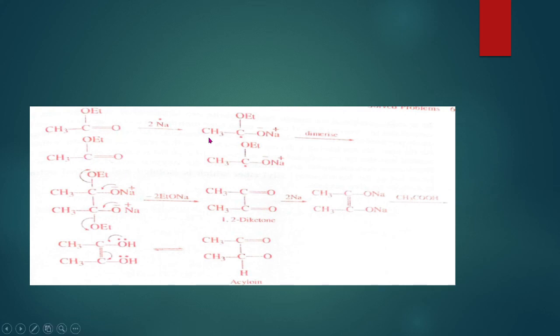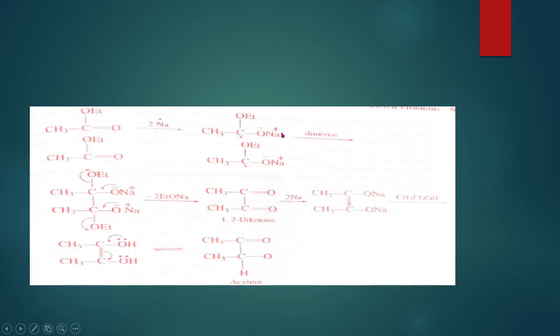In the presence of metallic sodium, the electron will be easily released. That is, one electron will be donated here, and similarly two molecules will undergo this type of reaction, and the ethyl acetate will be converted to